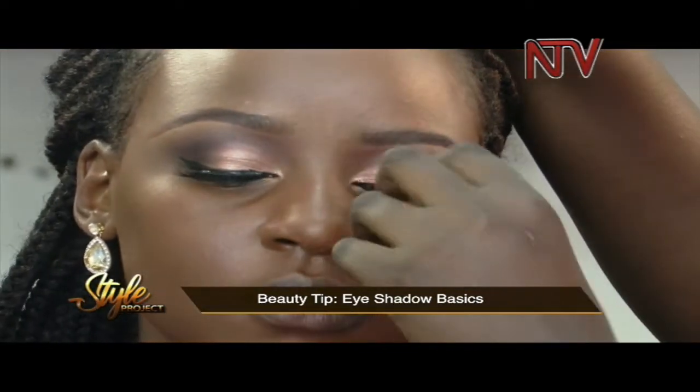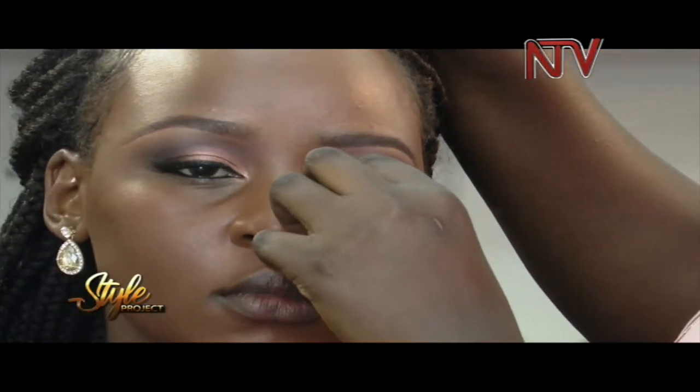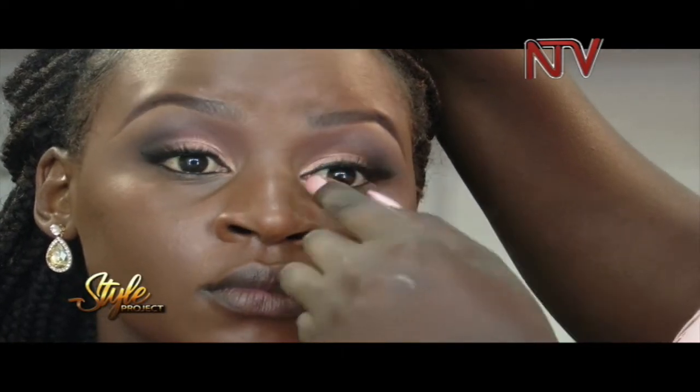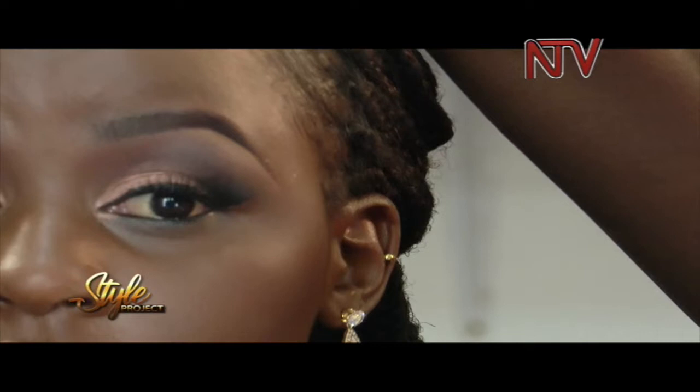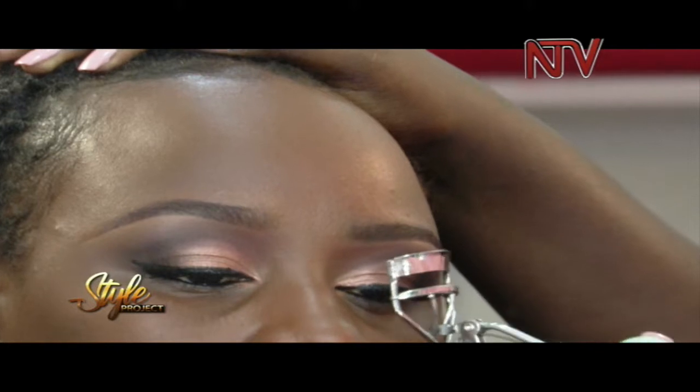So with this particular look, I went for a bridal look. Most of my brides love the rose gold cut crease with some smoky eye at the corner of the eye. So with this particular look, I started off by concealing the eyelid with concealer, LA Pro Matte, to cover the dark corners on the eye, because most of the eyes have dark circles. So to have a uniform skin tone, I concealed, then I applied powder to make it really matte. Then I started off by